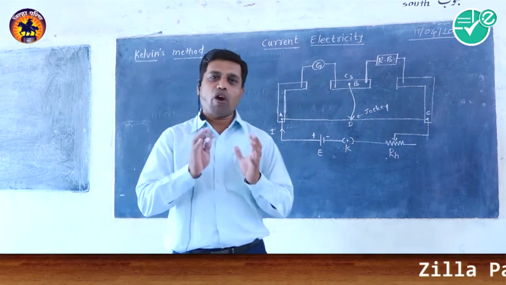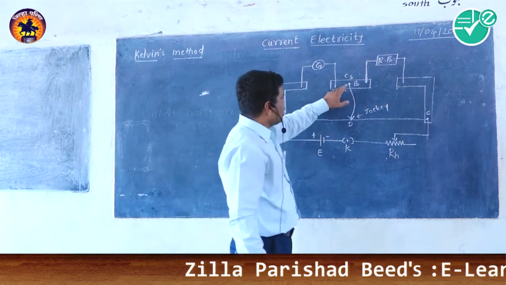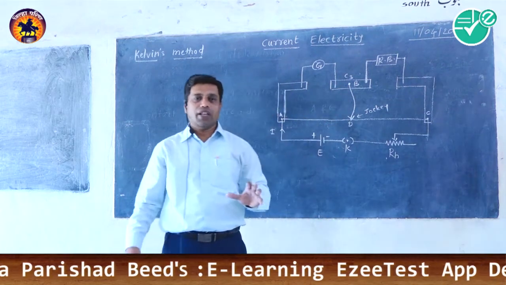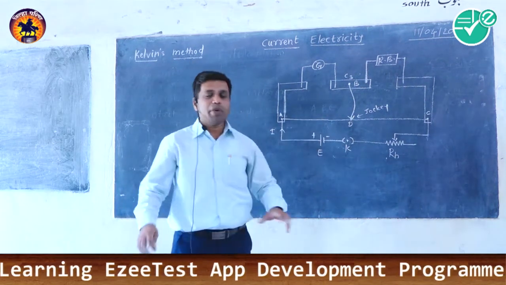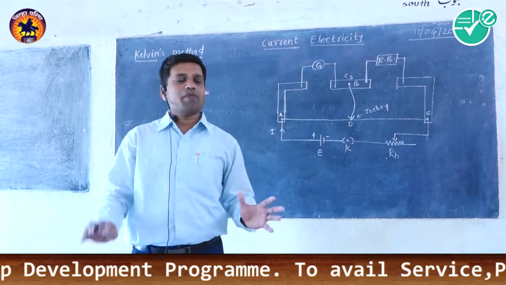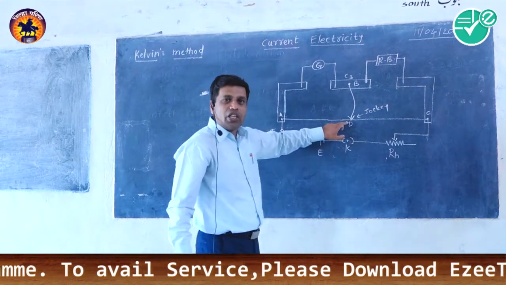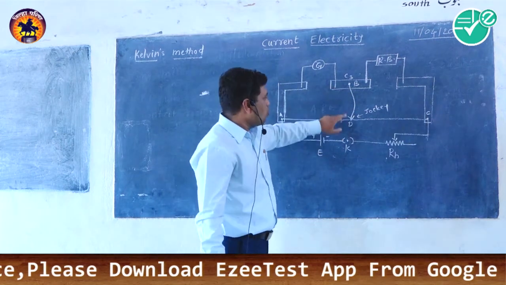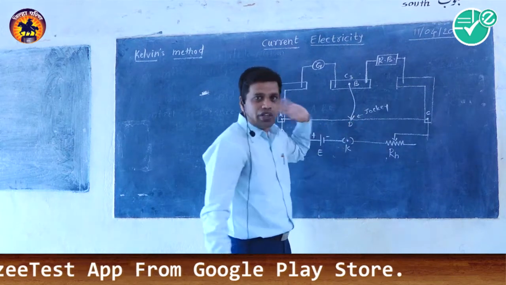So, that point is called D, and why does this happen? Because the potential of point B and the potential of point D are equal. The potential of points B and D becomes the same, therefore the deflection in the galvanometer remains the same. It means that at this condition, at point D, the deflection of the galvanometer will not change. It means that these two points are equipotential points and the bridge is in balanced condition.